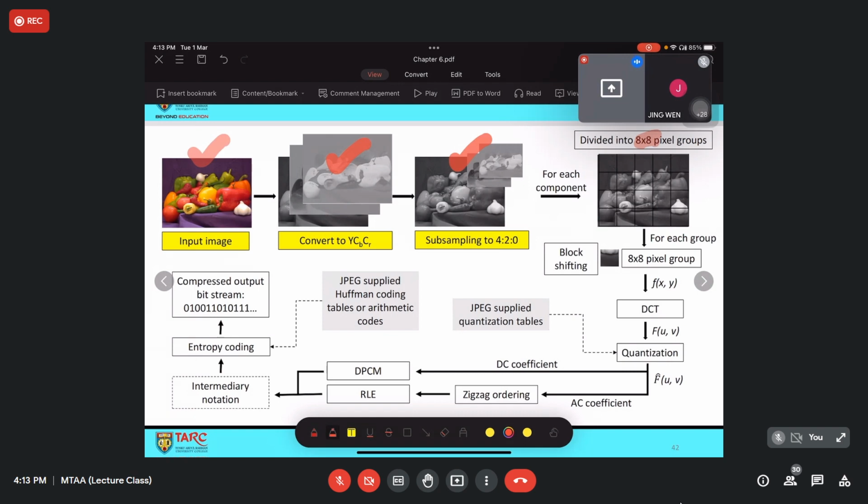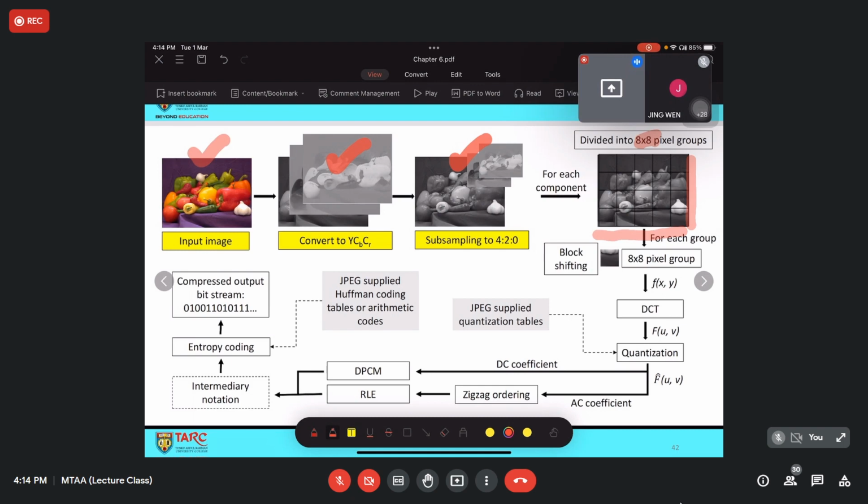When you divide into 8 times 8 pixel groups, and let's say you have insufficient pixels, you will need to pad with extra pixels, so that you can separate all the original pixels into 8 times 8 pixel groups. Always remember, image processing is unable to process any empty pixel, so padding is the easiest and most common way to compensate for the missing pixels. There are three types of padding: zero padding, reflection, and also mirror. You can refer to the previous chapter to recall this.